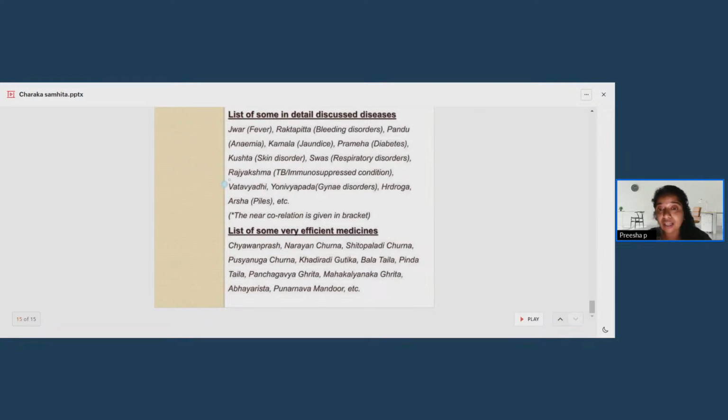Then 3 deshas are also explained. The 3 deshas we know are Jangala Desha, Anupa Desha, and the Sadharana Desha. The Jangala Desha is like Pravata, Prachuratapa is explained, and Alpadruma, Alpa Udagadruma, like this. Very less watery areas are also called the Jangala Desha. The Anupa Desha is like Prachurodaka Vriksha is told, and Nivato and Durlabha Atapa is explained, and the Bahudosha is also explained for the Anupa Desha.